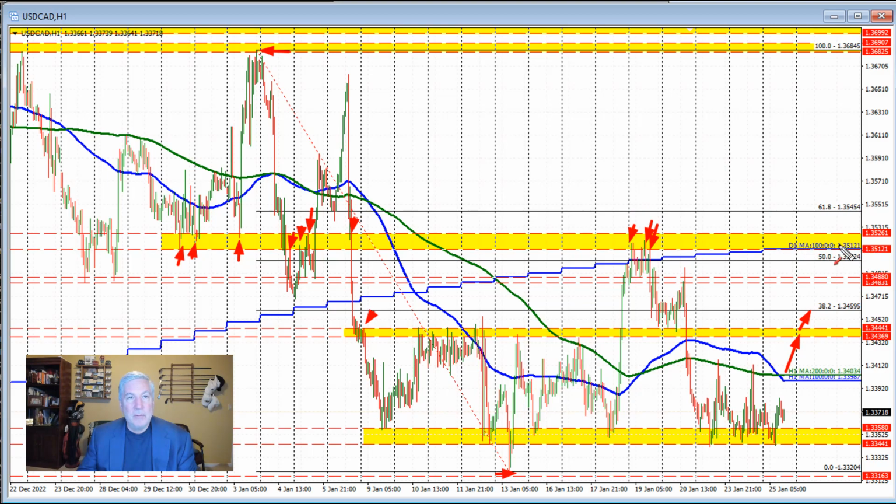So this area near the 135 level, 135.12 to be exact, up to 135.26, would be a level that we need to get to and through on the top side to increase the bullish bias. That, of course, would be the Canadian dollar moving lower. So that would be the surprise move from the Bank of Canada. So be aware of these levels,